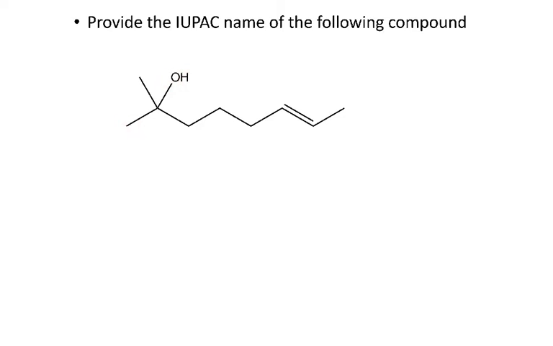So I have 1, 2, 3, 4, 5, 6, 7, 8. And then this compound has a 2-methyl, and then the alkene is going to start at carbon 6. And so what that would look like is it would be